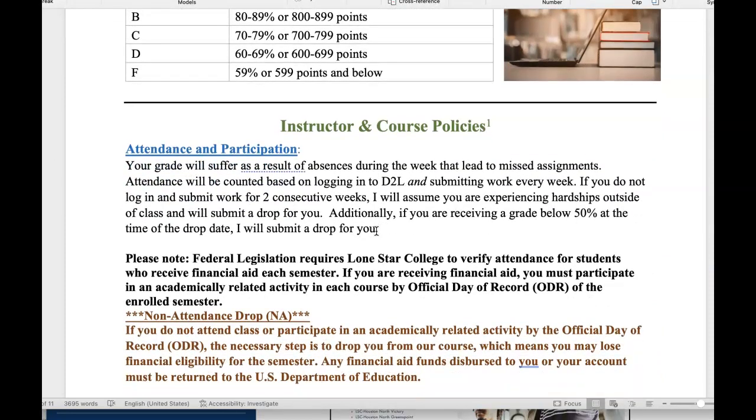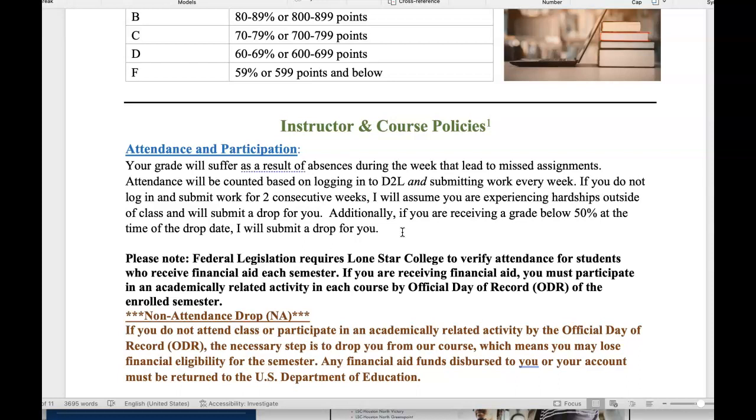Attendance and participation. If you are familiar with online courses, you know that being present in that class on a regular basis is so important, right? Like I said, the weekly assignments can feel very tedious in a course like this. Not all courses have these kinds of requirements. If you have a biology or math class, sometimes it's just an exam and some quizzes, that kind of setup. But with writing, it's a lot more weekly work, so make sure that you are